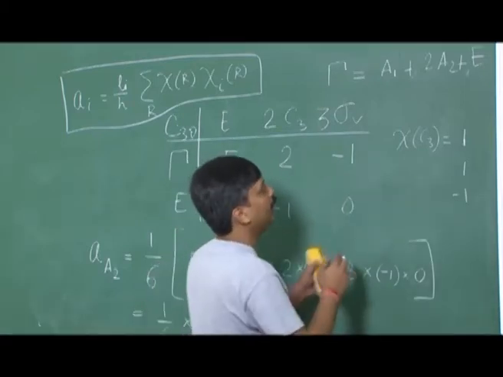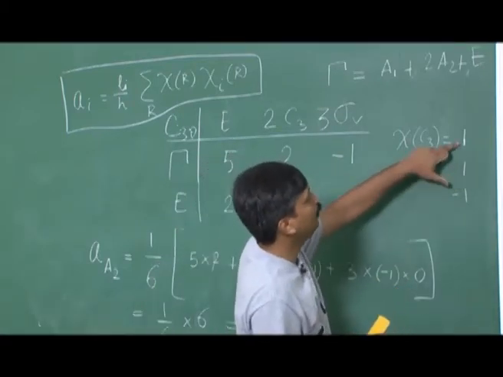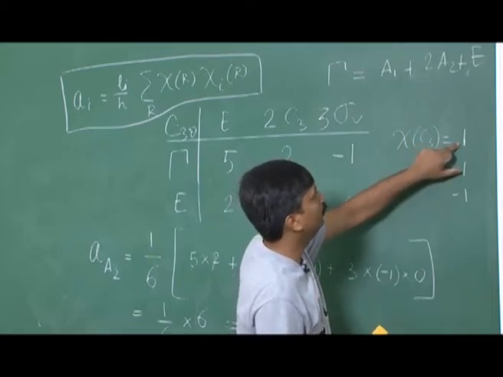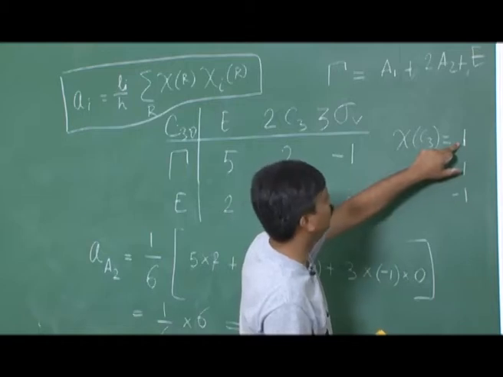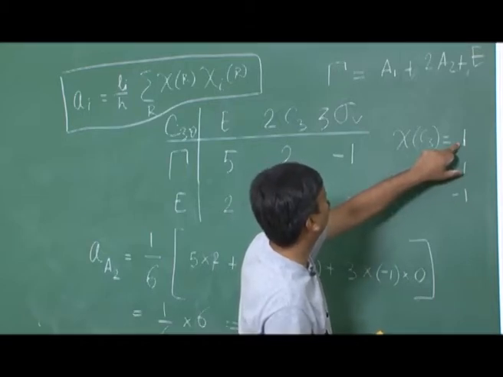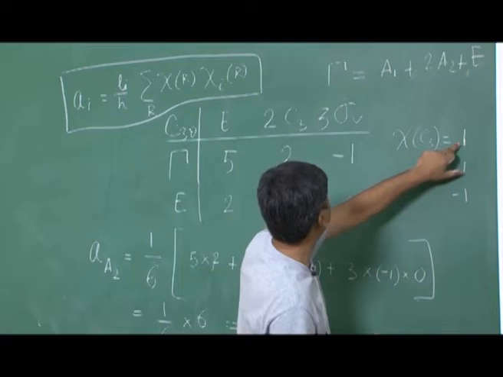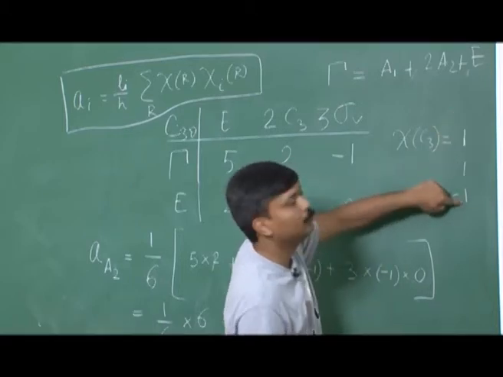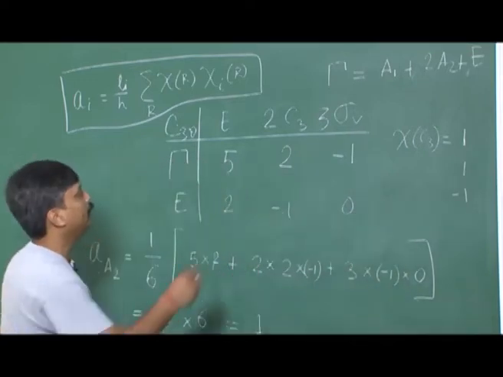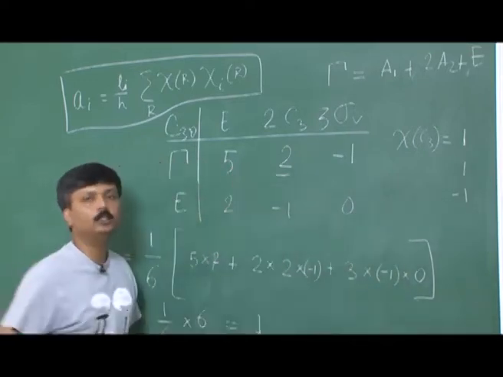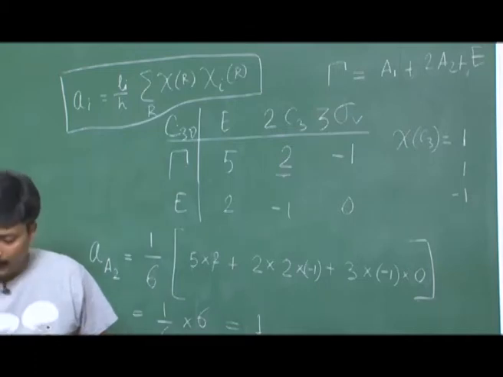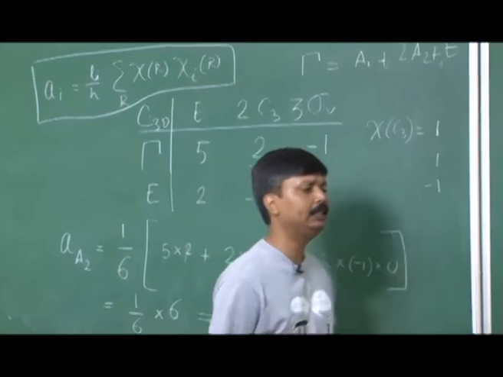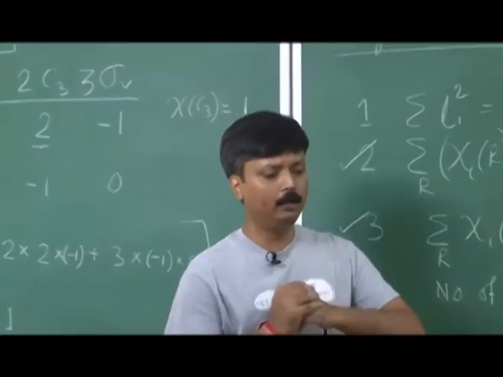So if I add this, that is 1 plus 2 into 1, that is 3, and then E gives me minus 1. So 3 minus 1 is 2, and if I check here, yes, this is verified. So in this way you can reduce any representation that you can form and find out